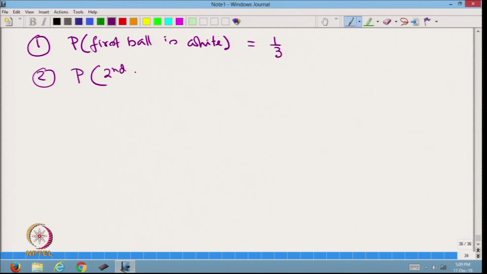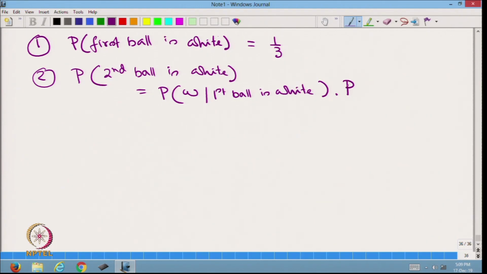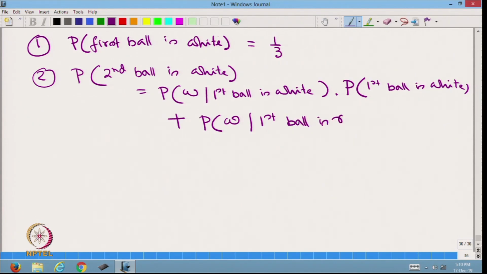Probability second ball is white, therefore, its probability is, by the earlier theorem, probability of white given first ball is white multiplied by probability first ball is white, plus probability white given that the first ball is red multiplied by probability first ball is red, is equal to,